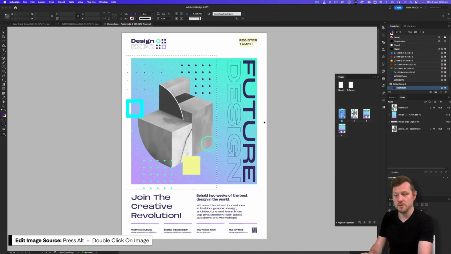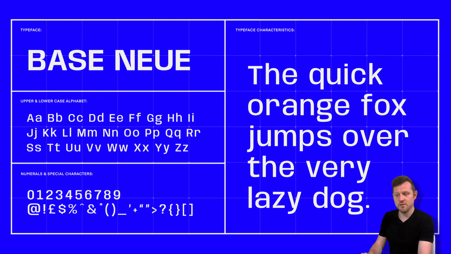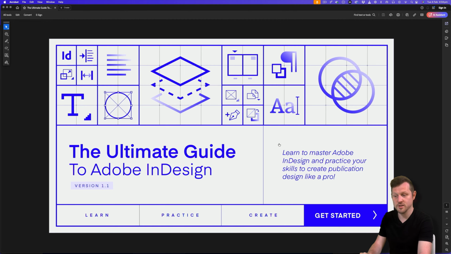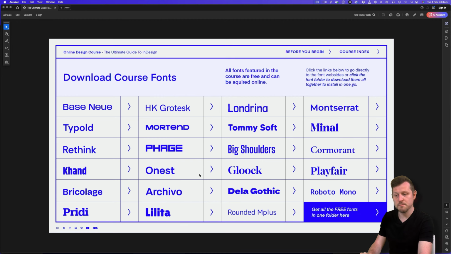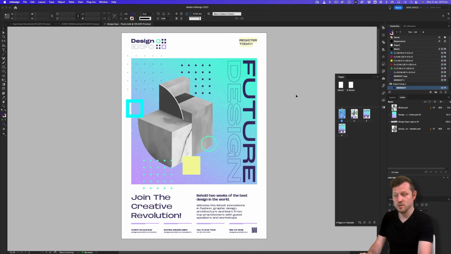Now for this document, I'm using the font Base New. If you have not already downloaded all the fonts for this course, this is a free font that you can acquire online. To get this font, I would recommend you check out the course fonts page on the course PDF document. This is a list of all the fonts that I used in this class and where to get them. Simply click on the Base New link and this will take you straight to where you can download it. Simply close this document, install the fonts, open it back up again, and you should be able to follow along